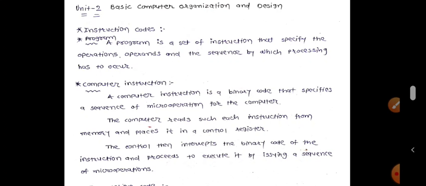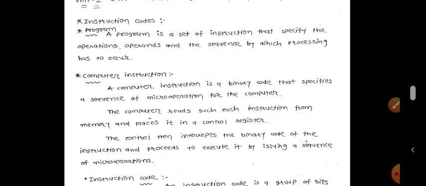That means when the control register fetches the instruction from memory, the binary code is specified, and then this binary code will be decoded based on the operation which we require. So this is the computer instruction.